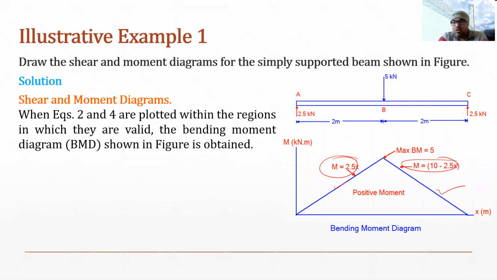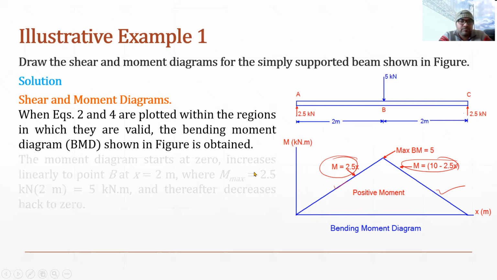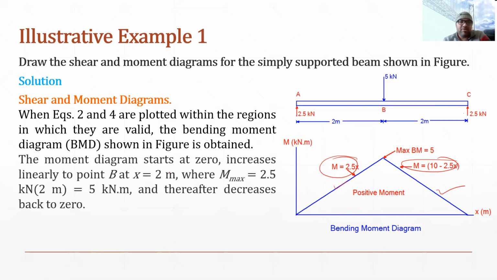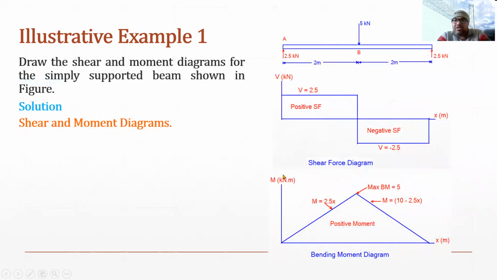So on the basis of the order of x, we draw the diagram. The diagram may be made using the linear form, or it may be curved depending on the order of x. So in this case, the moment diagram starts at 0 and increases linearly to B. So the same I have explained now. Also, if we observe in this, we can see that the shear force is changing at point B. It is changing from positive to negative at point B.